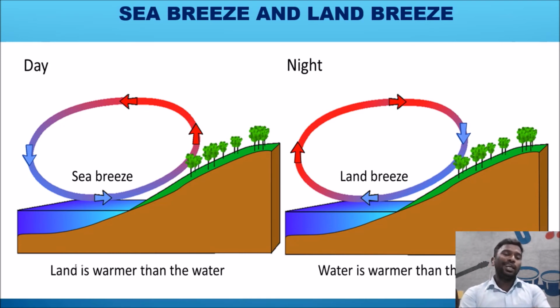So, especially in the daytime, we used to spend time near water bodies because water bodies absorb less amount of heat energy in the daytime than the land. So, when the cool air comes from the water, hot air is escaping from the land. This process is called sea breeze. This occurs at the time of day.